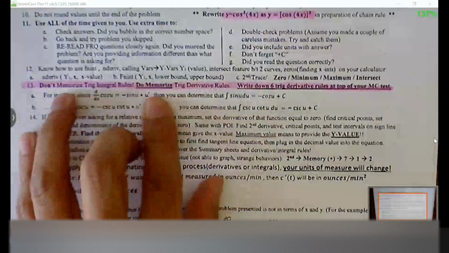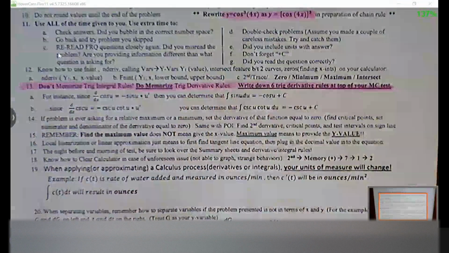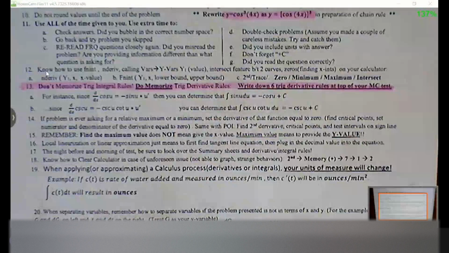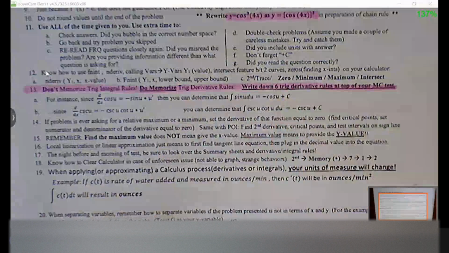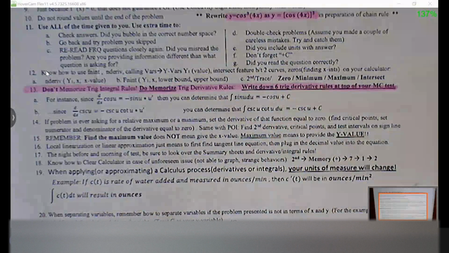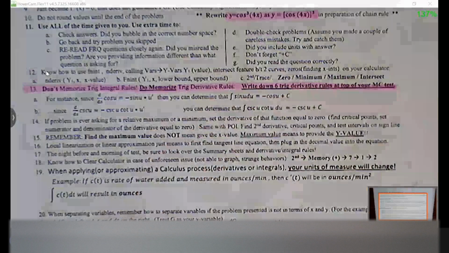Okay, let me talk briefly about memorizing derivative rules, especially the trig rules. What I would like for you to do is, when you get your AP exam, especially that multiple choice section, because this is where potentially the most rules are going to come out, write down the 6 trig derivative rules at the top of your page. The first thing you do when you get that multiple choice test, in the upper corner, just write down the 6 rules. Because the 6 rules that you're going to create are really 12 rules. Let me show you